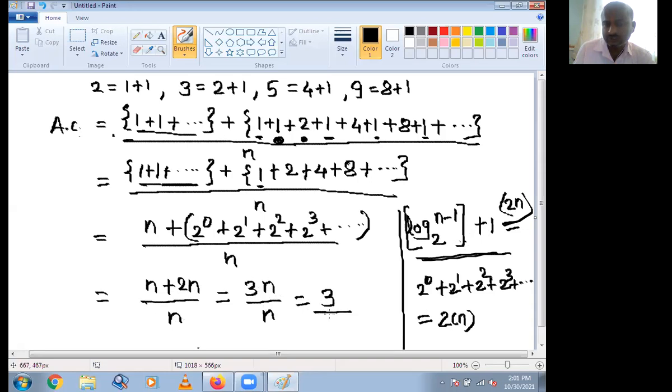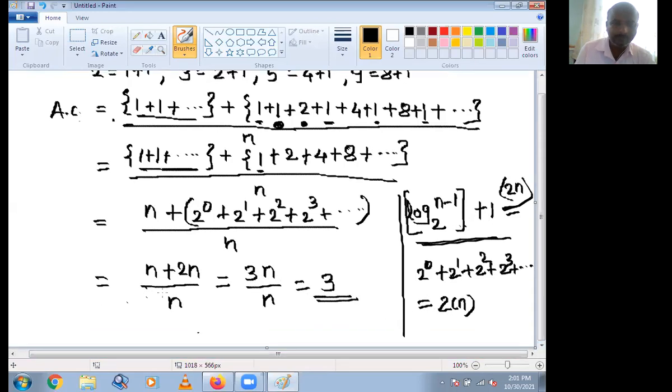This is a constant, and the amortized cost or amortized cost complexity is here 3, so we can write the amortized cost complexity is equal to order of 1. Whenever any complexity comes in as a constant, then we can declare order of 1, that is big OH of 1.